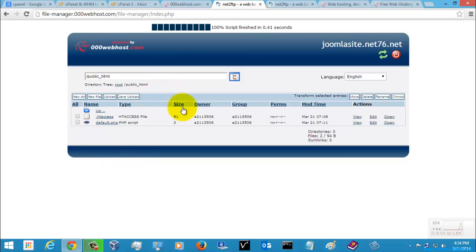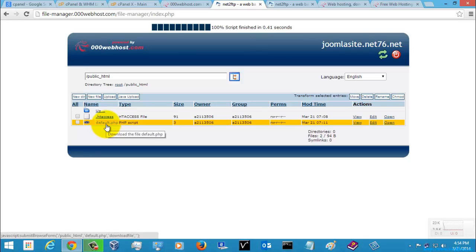So if you see here, this is the web page which was by default provided by this web hosting provider. So now I'm just going to edit some details in this web page. So this is the default web page which was provided by this web hosting provider. Since I am using PHP